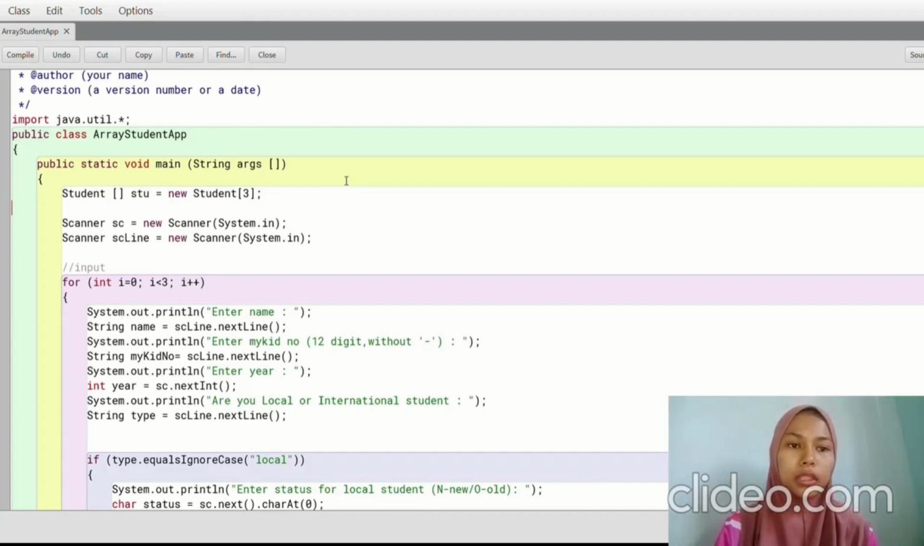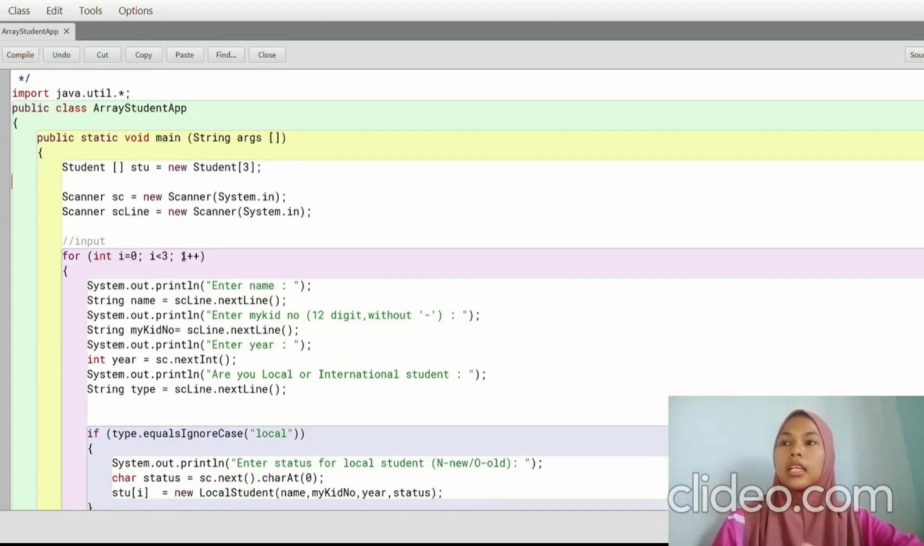Next, we move to the main application. First, public class ArrayStudentsApp. Then declare array student stu equal new student 3, because we want 3 data. Next, Scanner sc equal new Scanner System.in. Scanner scLine equal new Scanner System.in. Then